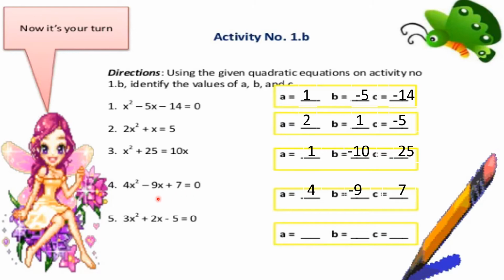So, kaya kung anong kanyang sign, yun na yung gagamitin natin, hindi mababago. Okay, in number 5, parehas din, naka-standard form na. So, A is equal to 3, B is equal to 2, and C is equal to negative 5. Okay, then,